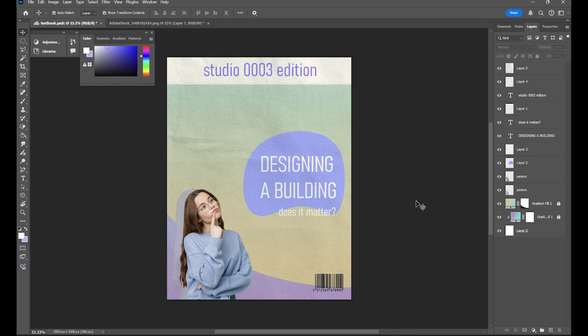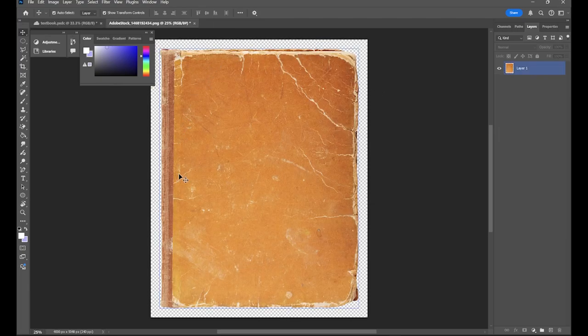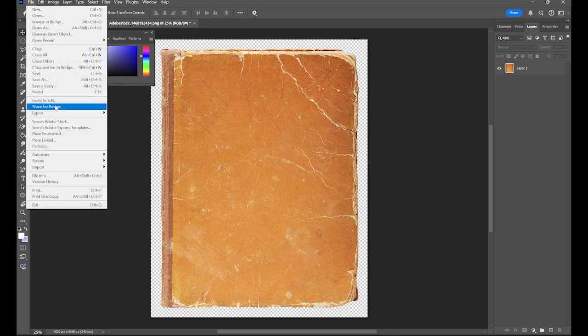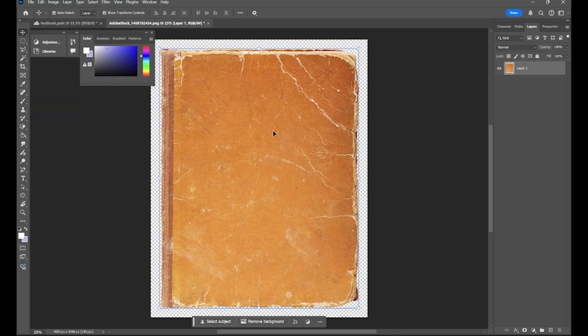On second thought, I kind of want to make this textbook true to its nature, which would be giving it a visible spine and some beat up corners to make it look raggedy. And so I found this pretty cool overlay texture on Adobe Stock. If you want to look on Adobe Stock, you can go to File and hit Search Adobe Stock. And before I move it over, I want to change it to black and white. That way the orange isn't so vibrant and doesn't change my colors.